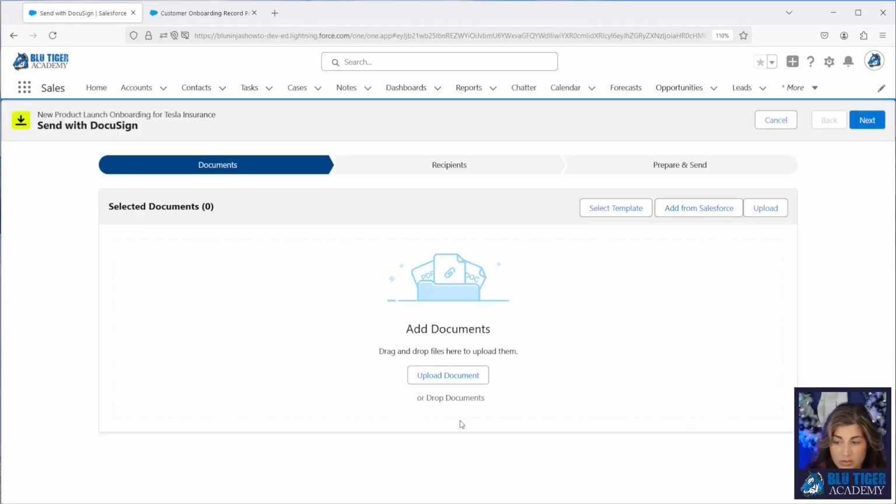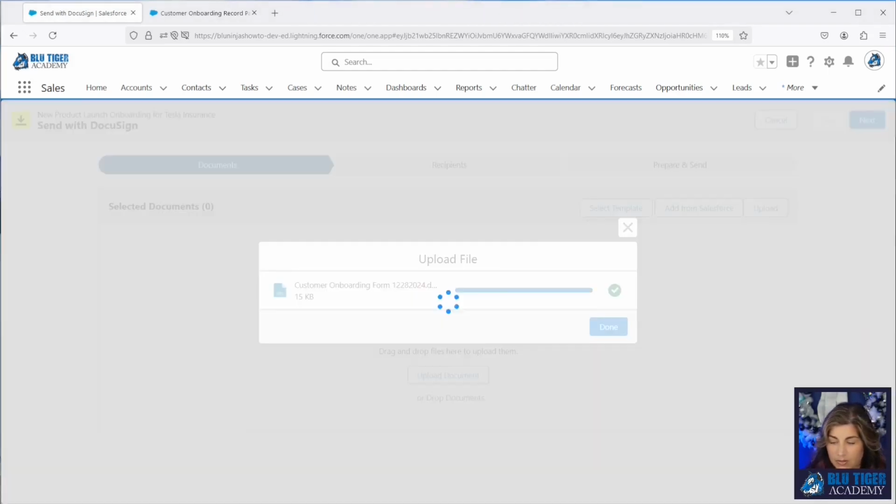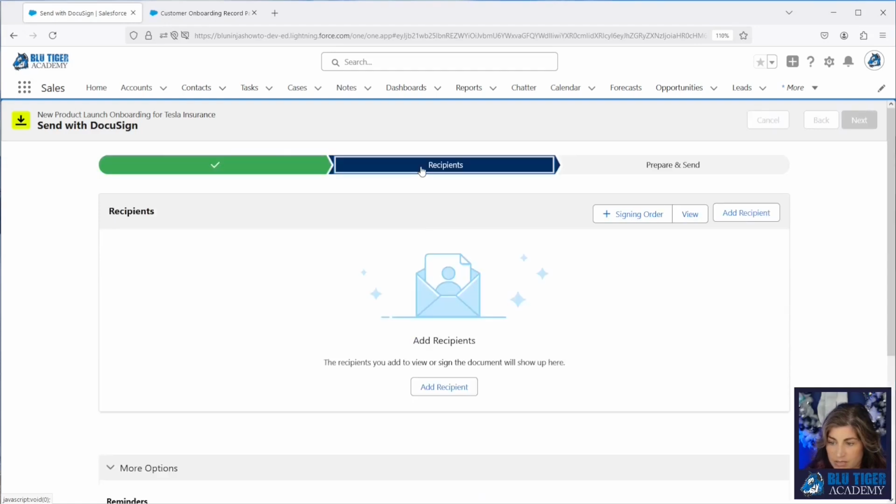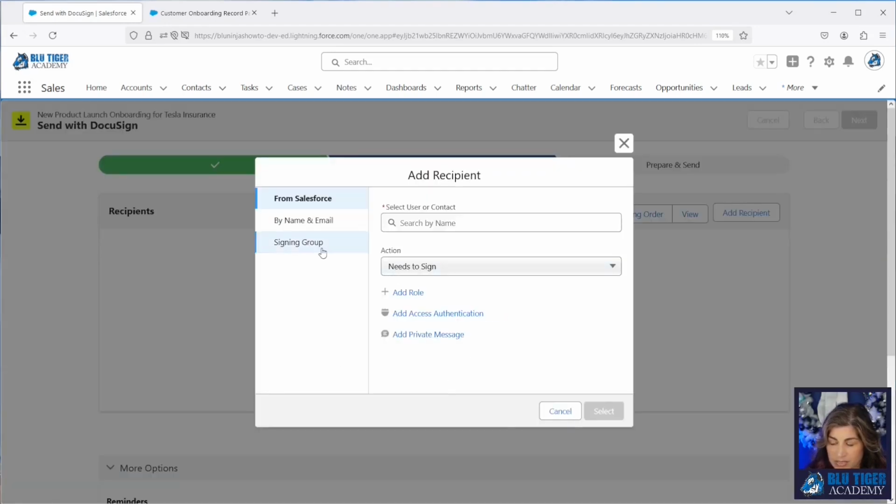You'll see that the user is going to upload a document. Now, if the custom object record or standard object record had any files related to the document, then they would be automatically pulled in here. So just keep that in mind. So I will upload our customer onboarding form. Then I'll go to recipients. I will select my recipient.